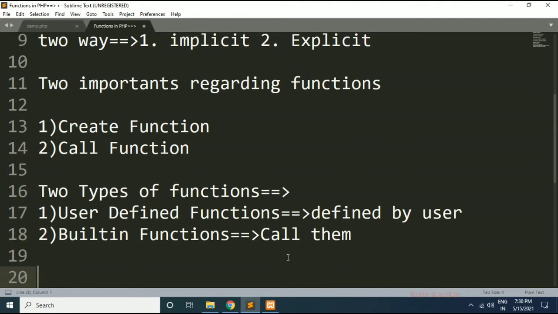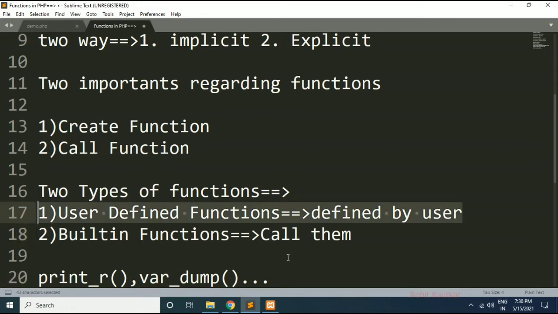For example, you have the print_r function, you have the var_dump function. There are so many functions available within various categories: string, date and time, math.